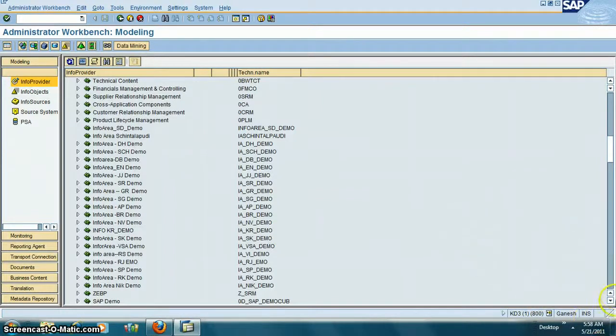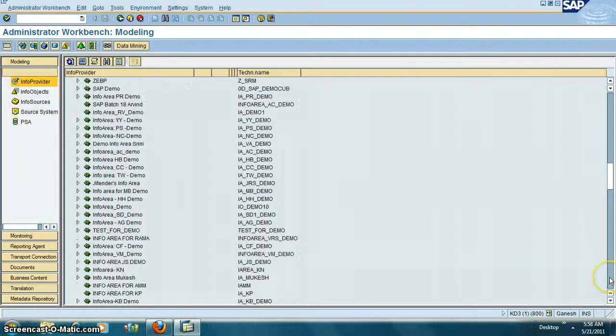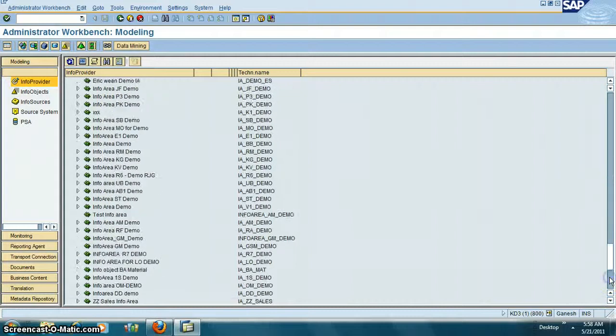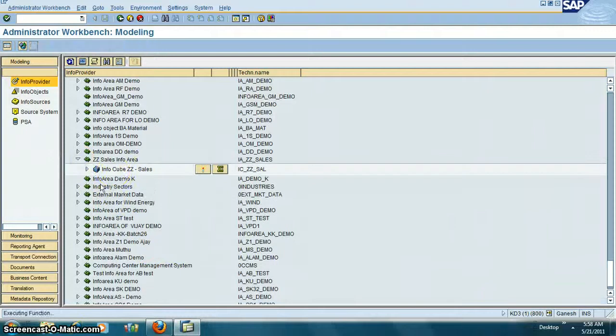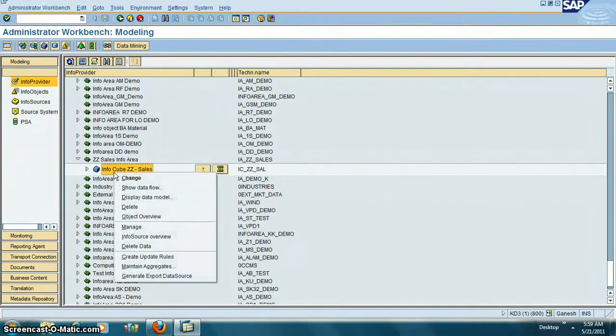So let's go into one of the info areas. Let's say sales info area. Underneath the info area is what's called an info cube. An info cube is the placeholder, or a table, which contains the data relevant to sales. So if you click on show,